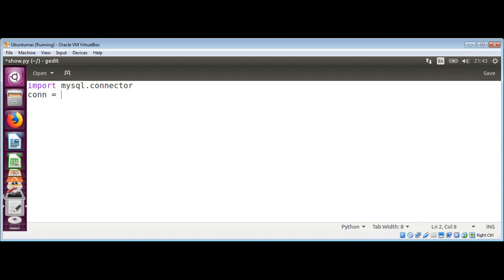So I will use con as a connection and then mysql.connector.connect function, which will connect us to MySQL, and pass in our host localhost and then user, that is root MySQL user, and password for your MySQL database, and that is password